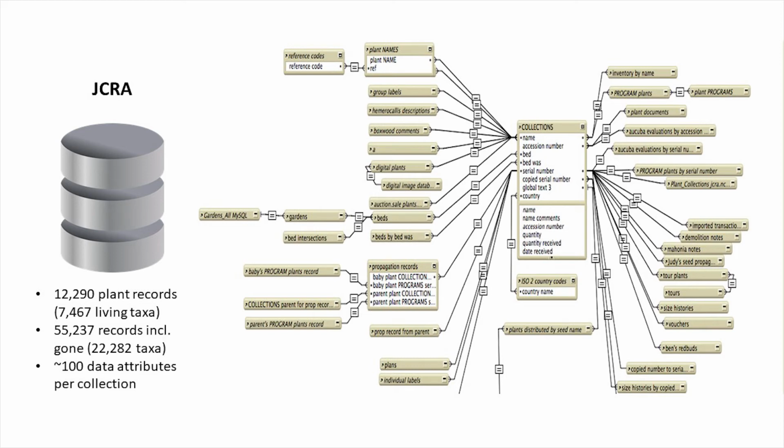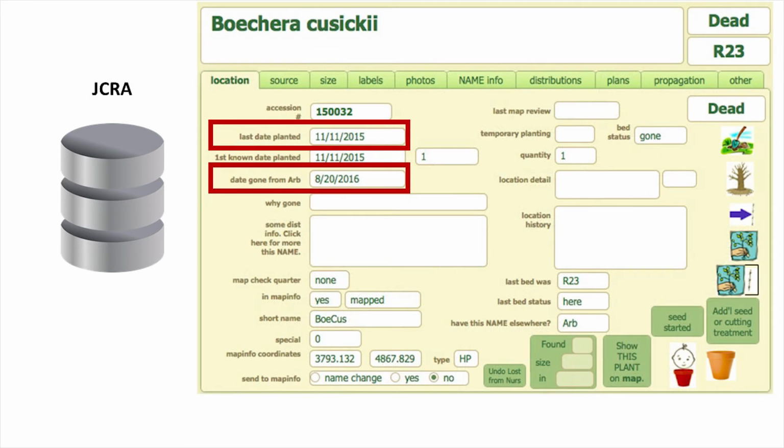So I'm going to show you one example of something that's just right there that I noticed when I was playing around with the database. I was looking at our database records, so this is one screen of one of the layouts we have to look at. Is it mapped in our system? What are its coordinates in the garden? We have some scripted buttons where we can report it as a dead plant through further review. We can tell you if it's been moved somewhere else, if we've propagated this plant, or if we sowed seeds from it. So there are a lot of different things that I manage day to day that just help report records and keep them as updated as possible.